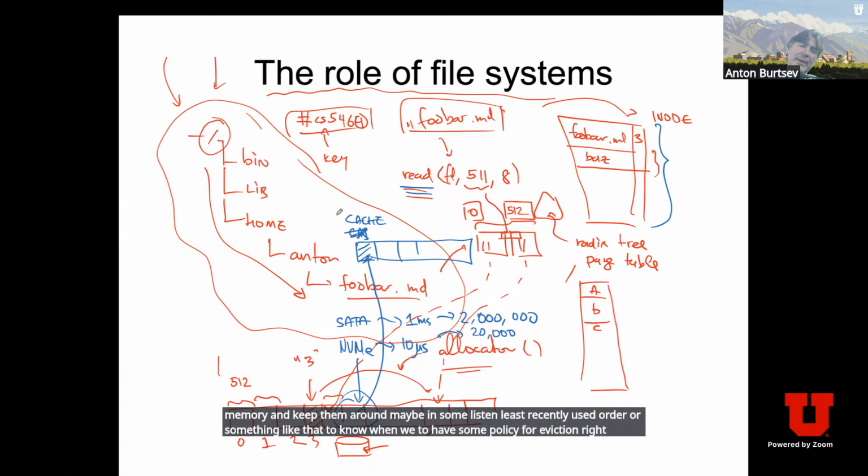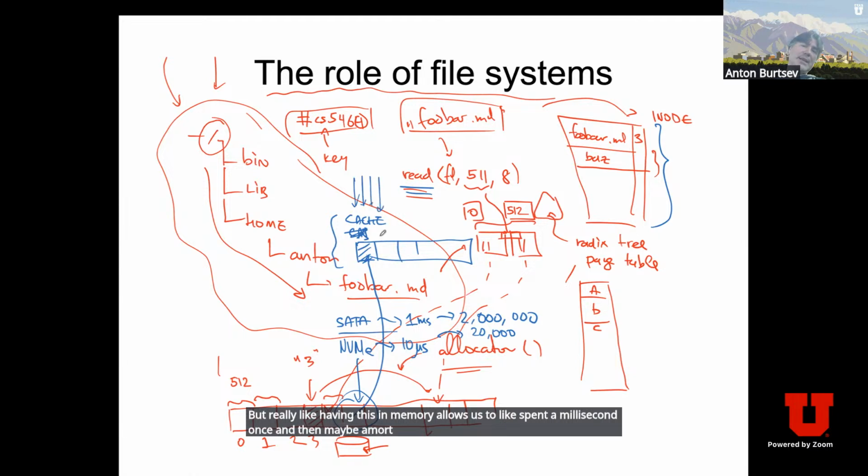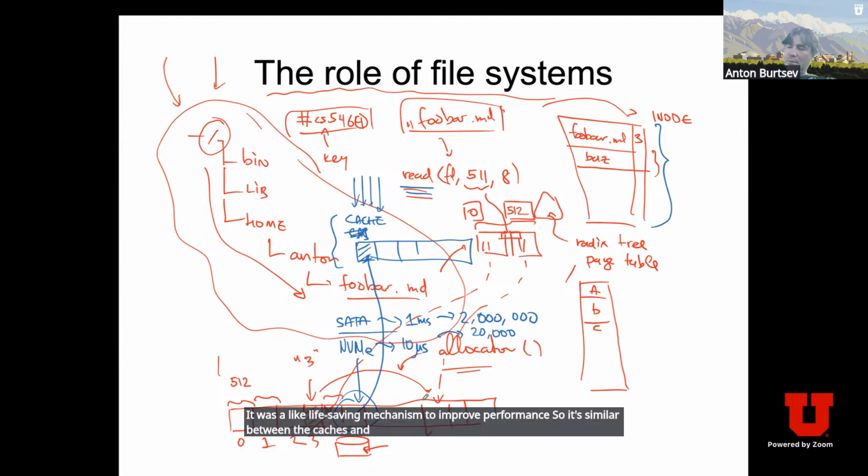But really, having this in memory allows us to spend a millisecond once and then amortize accesses, because there is some spatial and temporal locality. We can also implement a prefetch and maybe read adjacent blocks or something like that. And this is also what file systems are doing. So in light of slow disks, it was a life-saving mechanism to improve performance, right? It's similar to the caches between the CPU and memory, but if caches are implemented by the CPU itself in the logic of gates and everything, here we implement it in